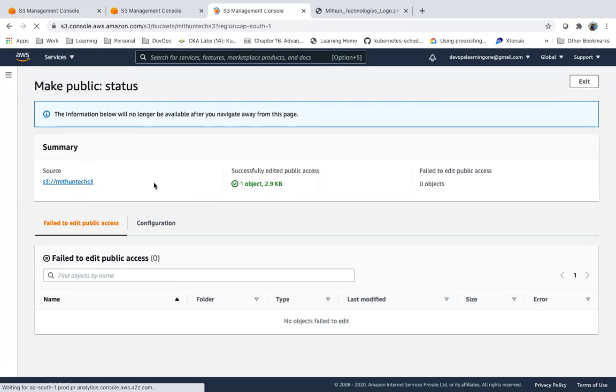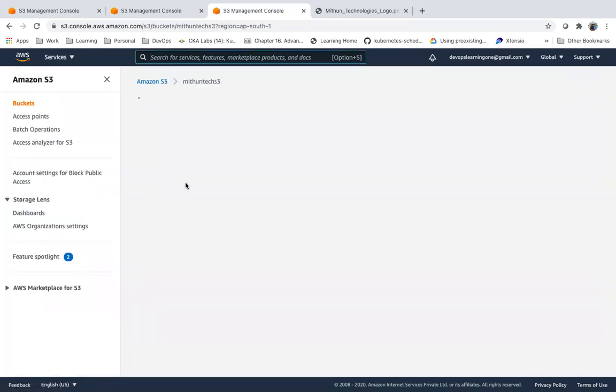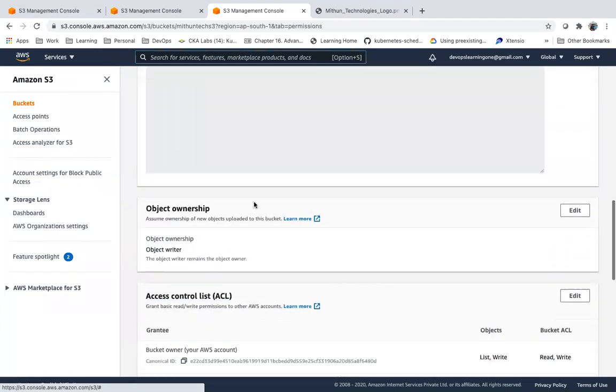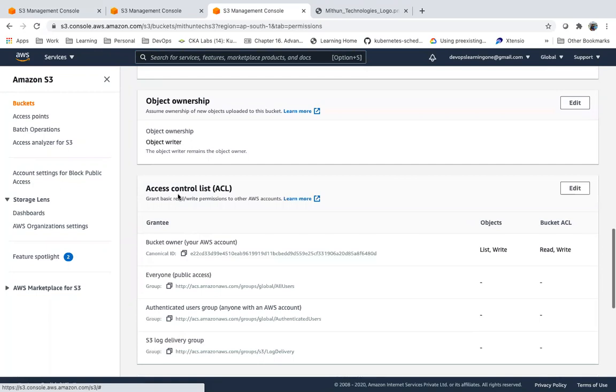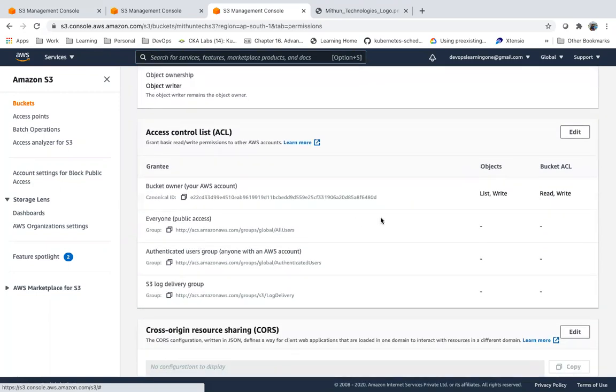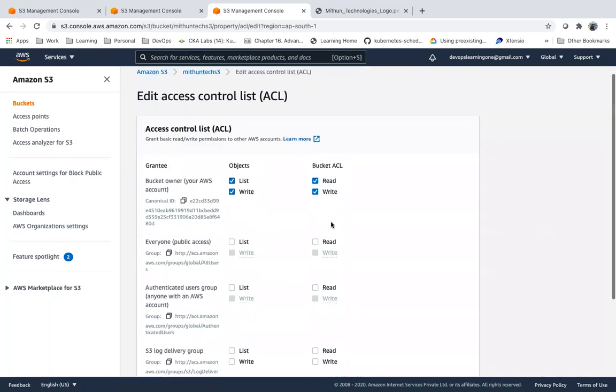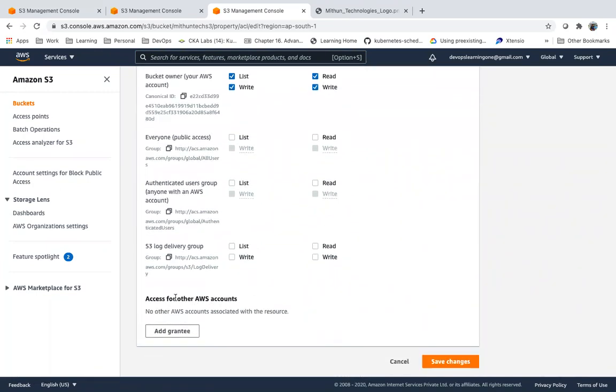This S3 bucket I want to share with another AWS account. So here we have an access control list. Here I can provide access to other AWS accounts.